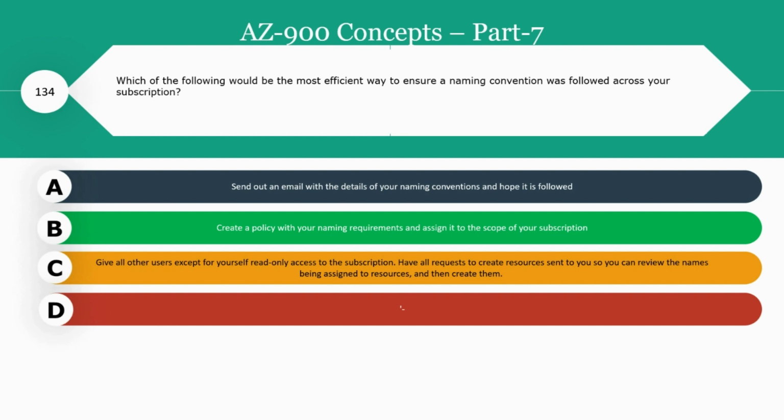Which of the following would be the most efficient way to ensure a naming convention was followed across your subscription? Option A, send out an email with the details of your naming convention and hope it is followed by all the people in your team. Option B, create a policy with your naming requirements and assign it to the scope of your subscription. Option C, give all other users except for yourself read-only access to the subscription. Have all requests to create resources sent to you so you can review the names being associated to the resources